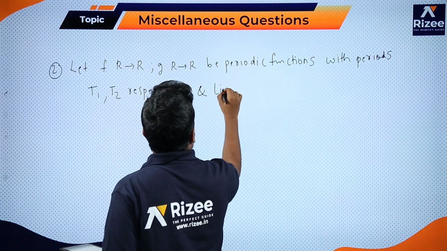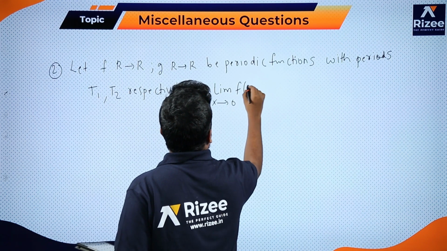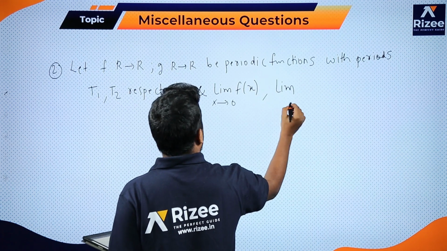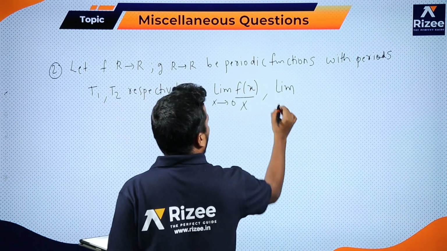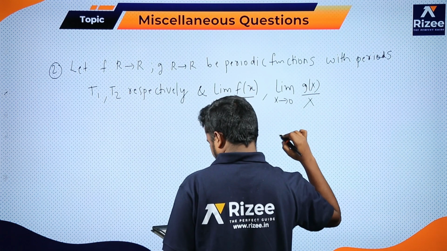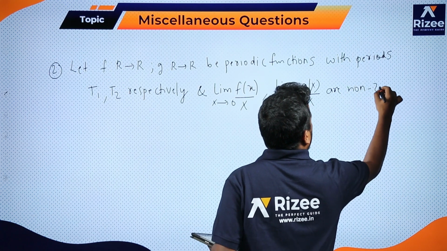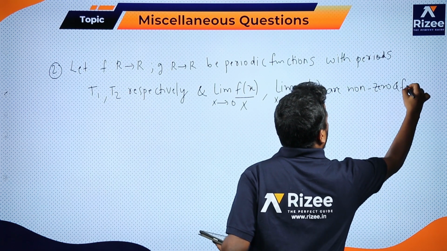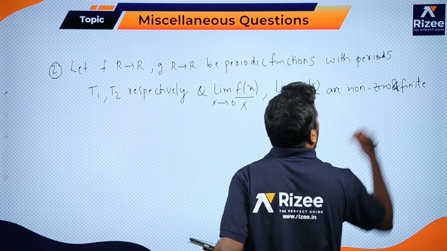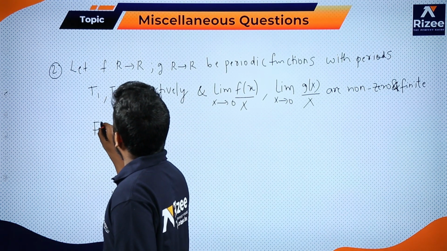And limit x tending to 0 of f(x)/x, limit x tending to 0 of g(x)/x are non-zero and finite. So they are interested in finding